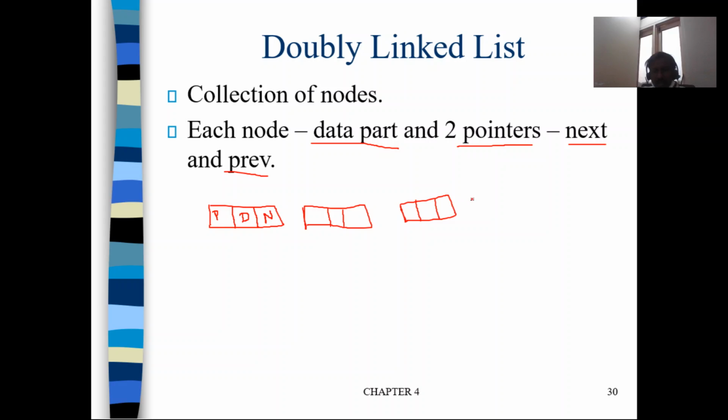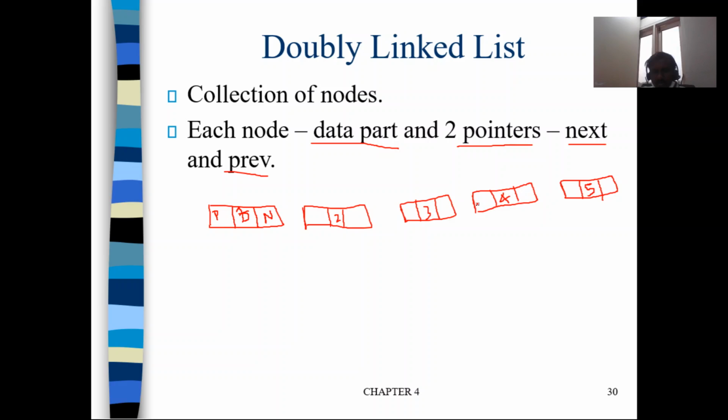Okay, so like that you can have any number of nodes. Say the linked list may have 10, 20, 30 or 100 nodes. Let us assume that our linked list contains only, say, 5 nodes. For our convenience, the first node's data part is 1, this node's data part is 2, this node's data part is 3, this node's data part is 4, this node's data part is 5.